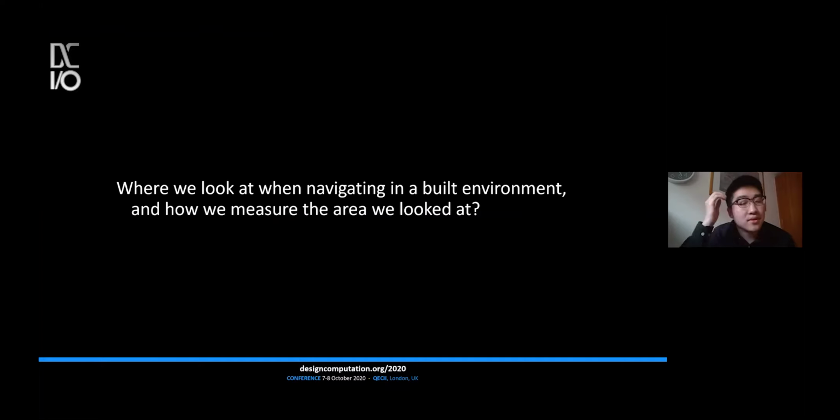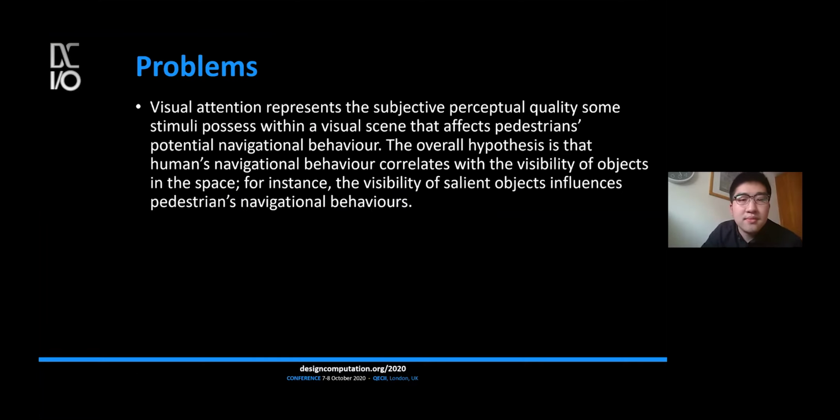So I would like to start with the question: where do we look when navigating in the built environment, and how do we measure the area we looked at? This has always been a question we wanted to answer. The problem is that visual attention represents the subjective perceptual quality some stimuli possess within the visual scene that affects pedestrians' potential navigational behavior, because some elements in the space will affect their behavior